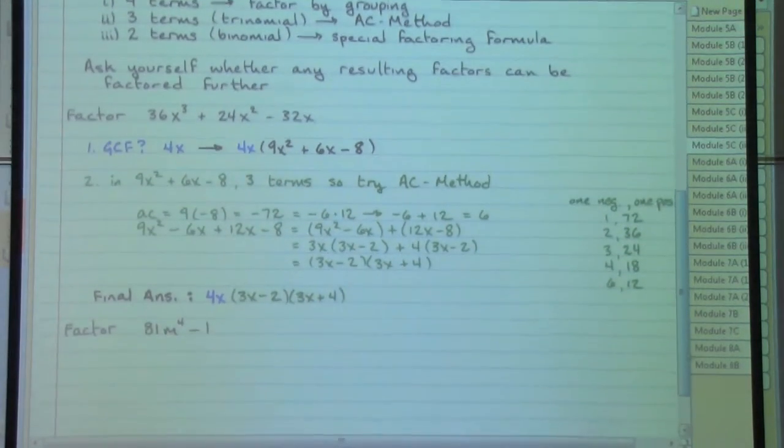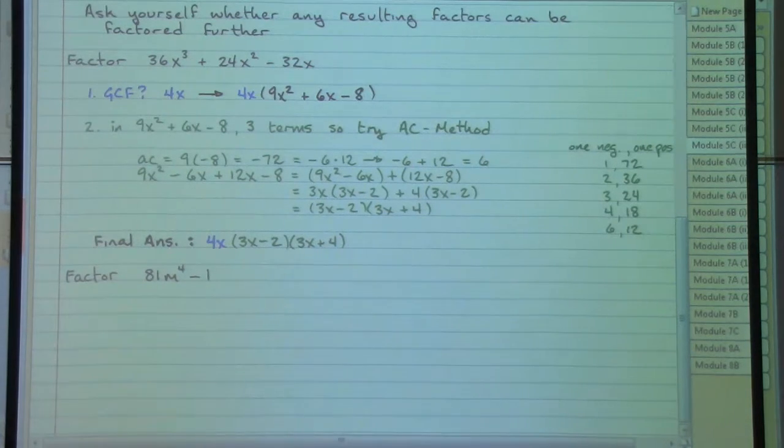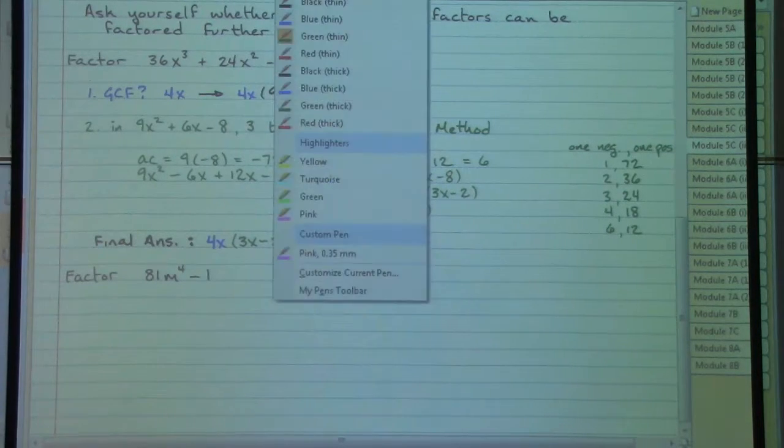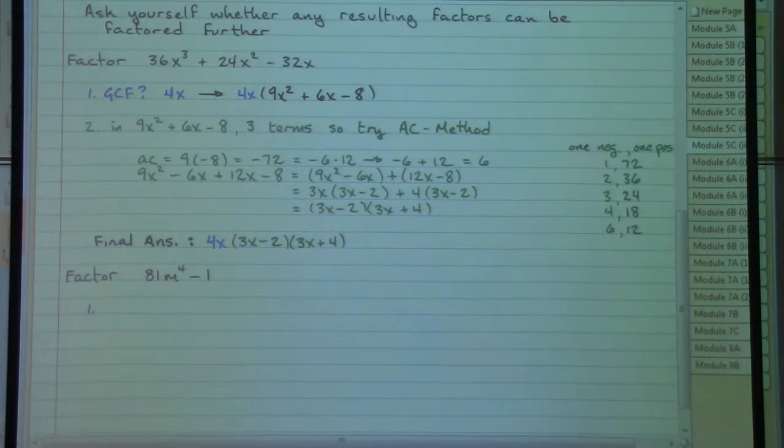Another example for a little added variety. Factor 81m to the power 4 minus 1. In this particular case, when we look at first for a greatest common factor, there is not one. When we worry about our second question, we have here two terms. So we are going to try the difference of squares formula,